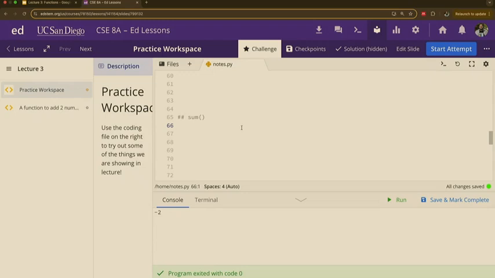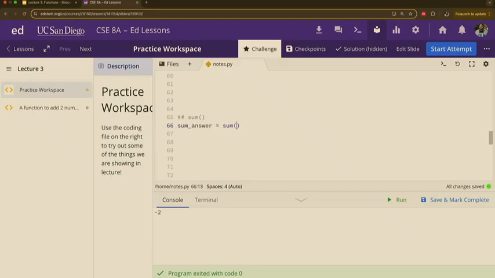Sum. Sum is another math function that's going to be super useful for us in the future. We're going to make something very similar to sum right now in this class. Like make it ourselves. But for now, Python has something that's already made called sum. So what do we think sum is going to do? Add. It's going to add some stuff together.